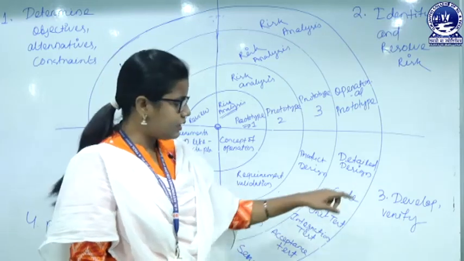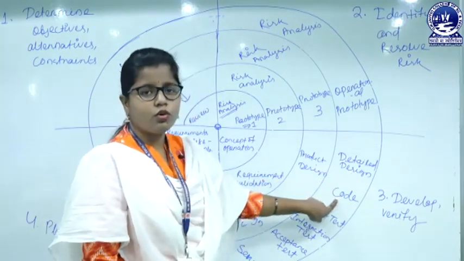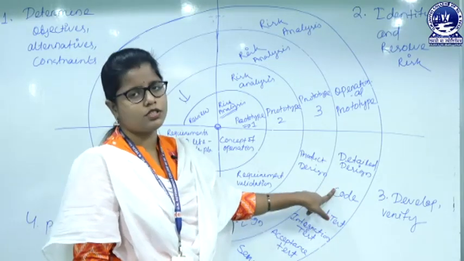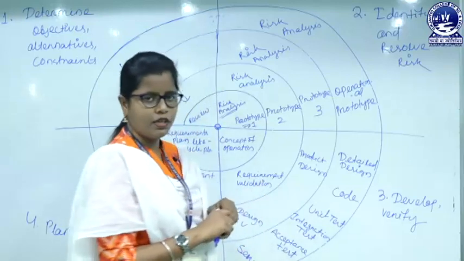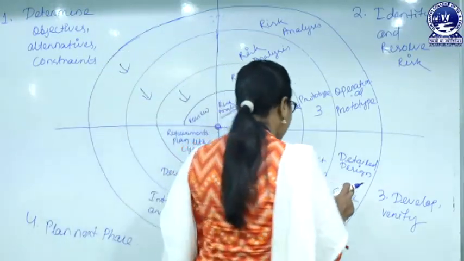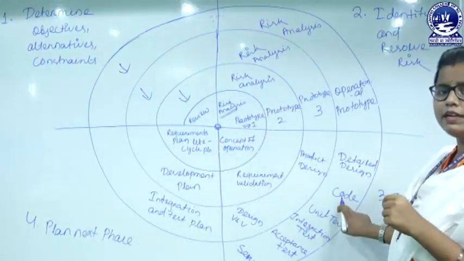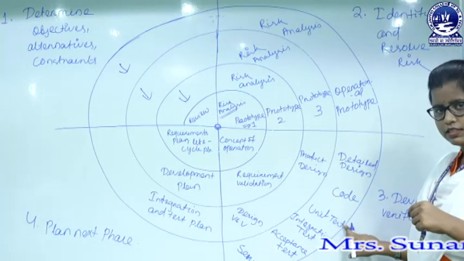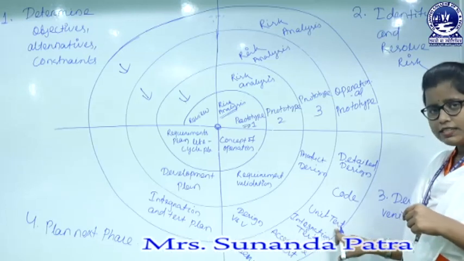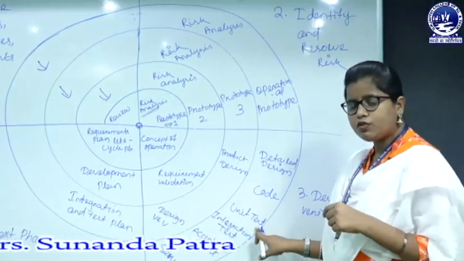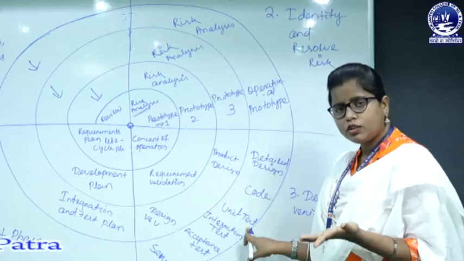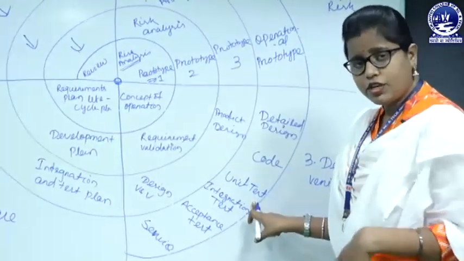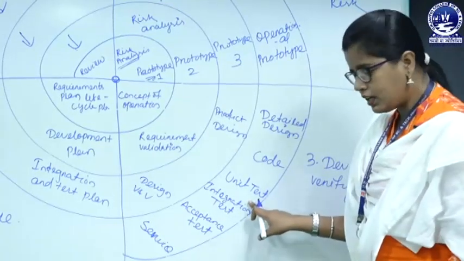So after getting the detailed design, we will go for coding, that means the actual implementation of the software will start from here. So after implementing our software or after implementing our system, we will go for unit test. So what does unit test mean? That means we are going to write the code for an individual unit, then the individual unit will get tested,